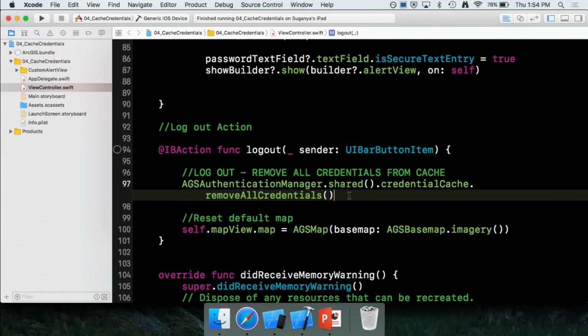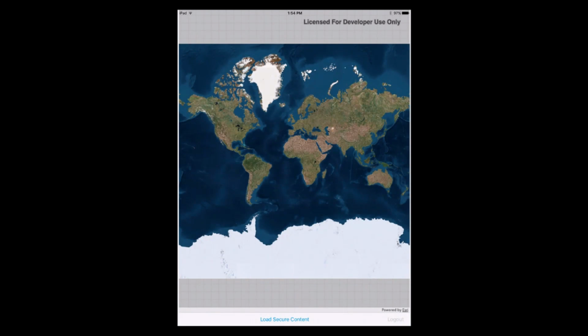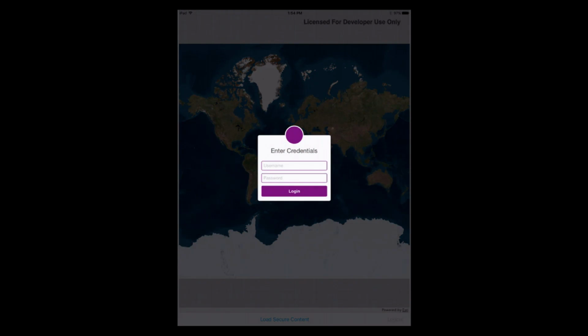So now I'll switch to my iPad, and this is the app. Let me launch it. So this loads with the default map. Now I'm going to tap load secured content, and I get prompted for credentials.